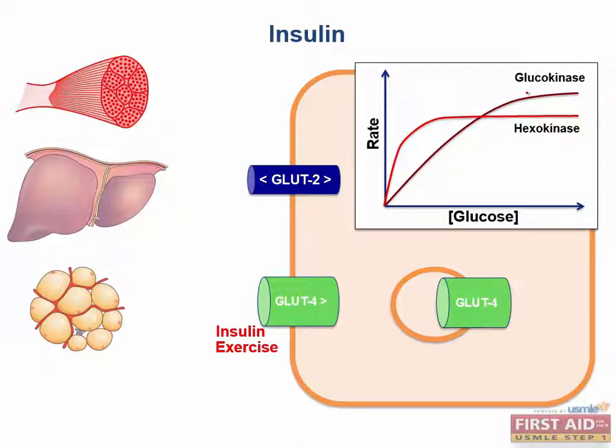Finally, those of you observant folks out there may remember that the glucose transporter on the beta cell from a couple slides ago was also labeled GLUT2. Now why do you suppose it's important that these cells have a high-capacity transporter? Because they need to know that there's a lot of glucose so they can secrete a correspondingly large amount of insulin. Think about it. If they had a low-capacity transporter, like GLUT4, they'd increase their levels up to about 120,